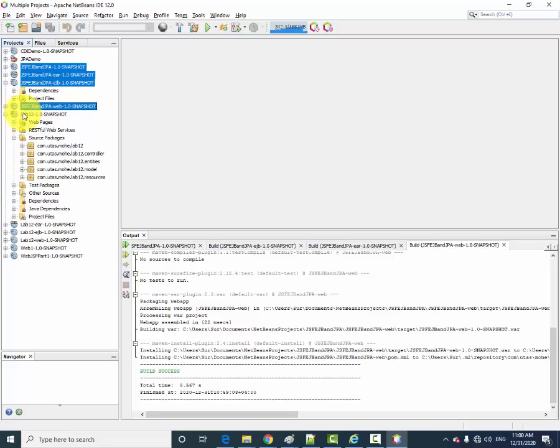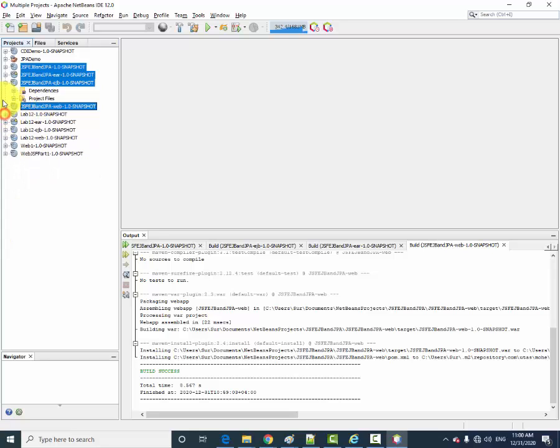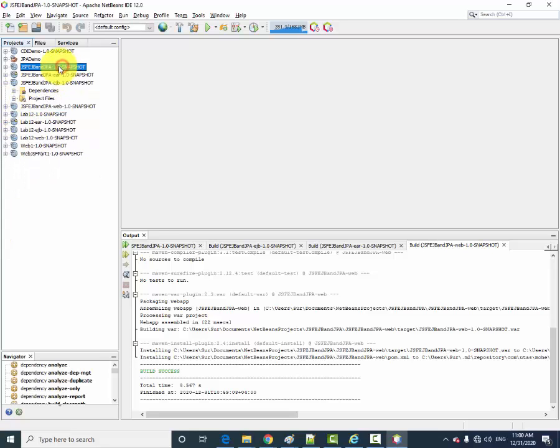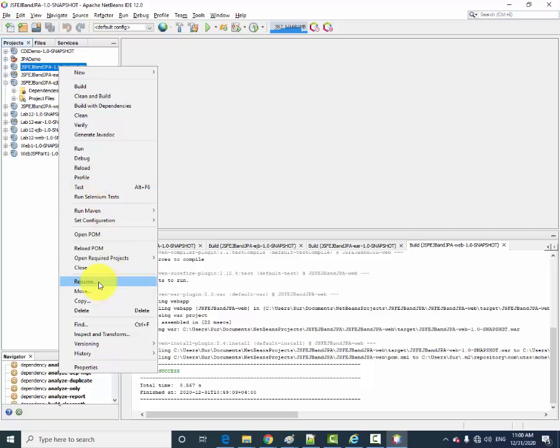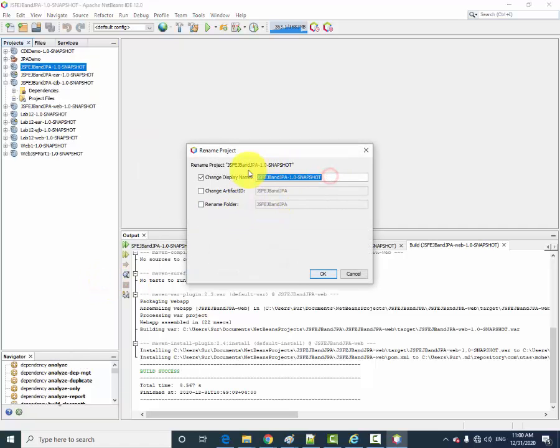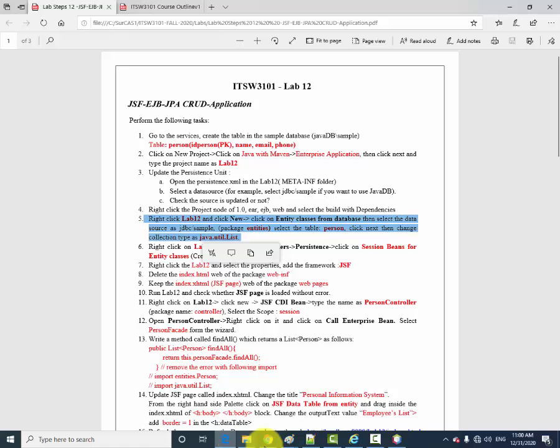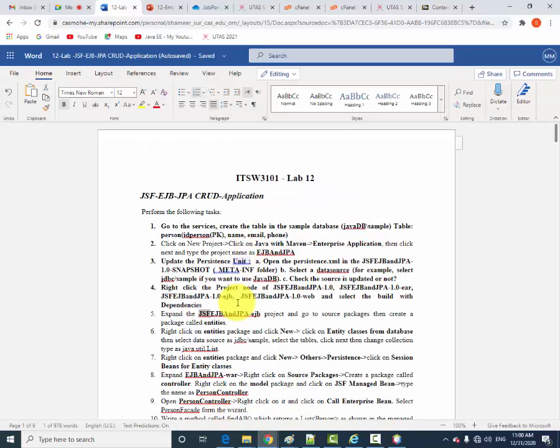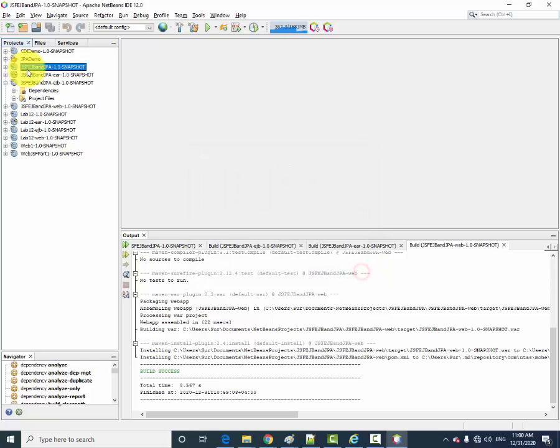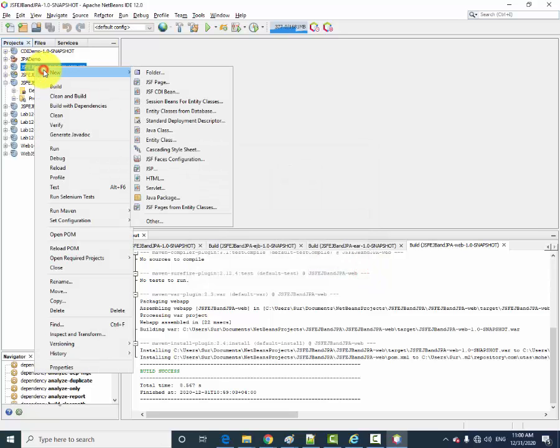Okay, see here 12.10 snapshot. That means here. So go to this one, go to this project and create the source package there and entity. That is one step. Otherwise, right click, new, what I am saying is